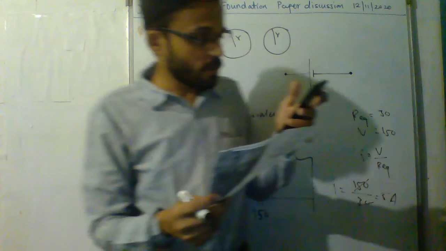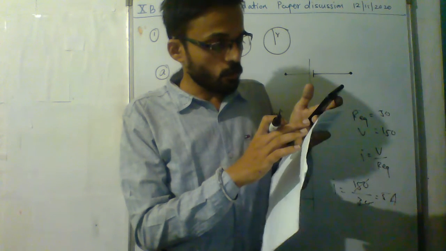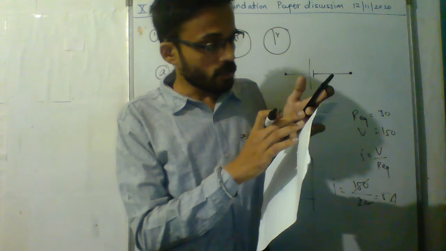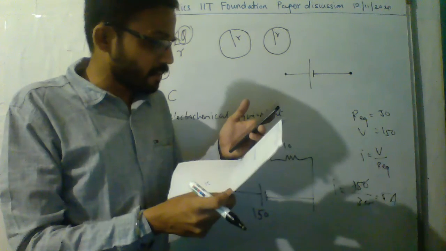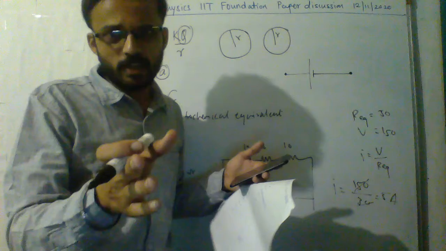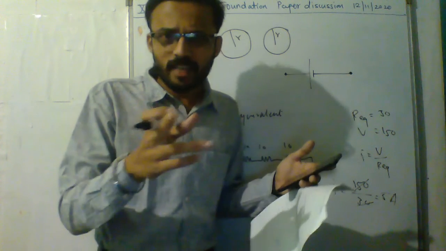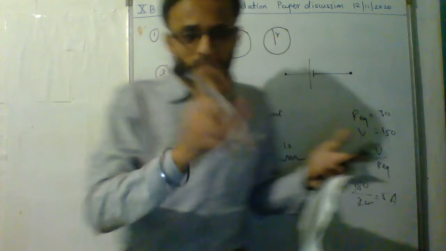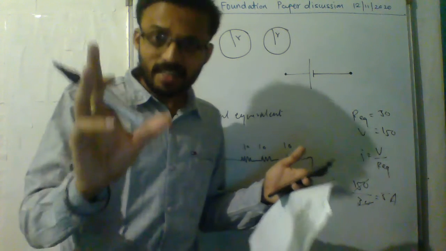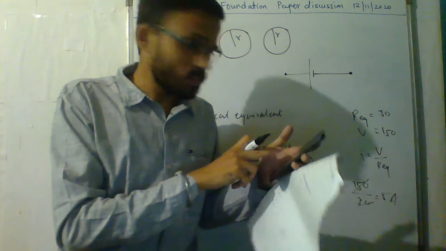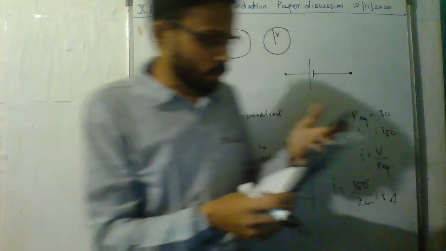Number 8, potential difference across a resistor of resistance 10 ohm, if 10 raised to 20 electrons flow through it in 1 second. Means you have to find the current. Direct answer I will tell you, 8 is 160. You just find Q is equal to NE. Electronic charge is 1.6 into 10 raised to minus 19 multiplied by the number of electrons per second, where time is 1 second. So that will be your current, and potential difference is asked. Resistance is given, V is equal to IR. You can do that. Option is D.